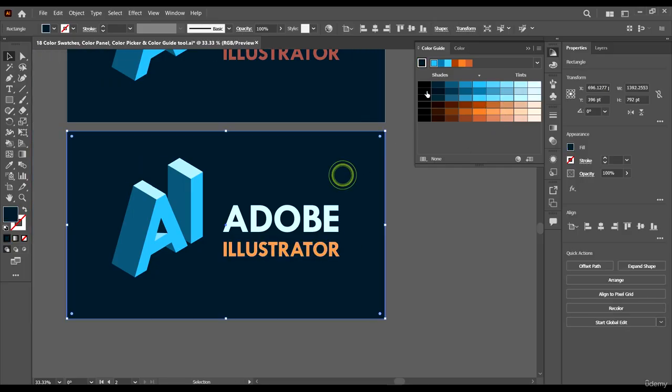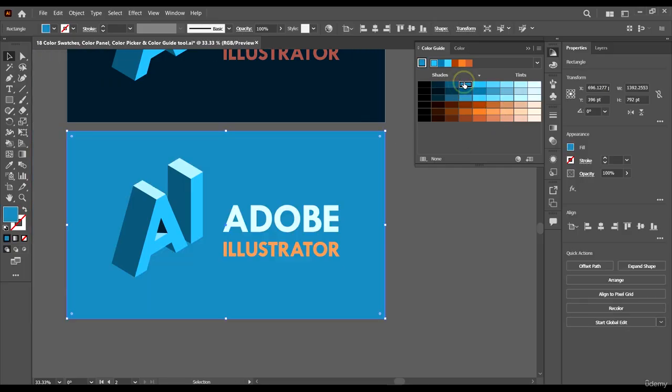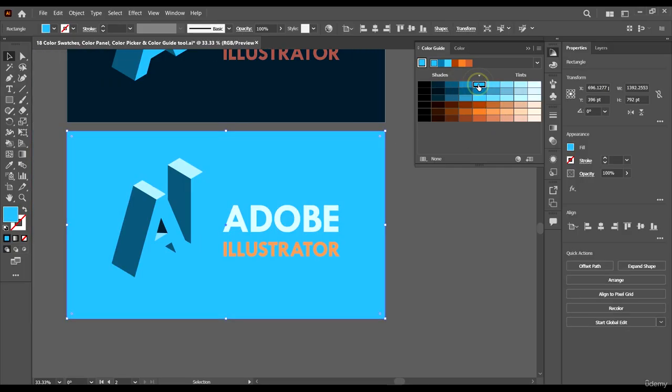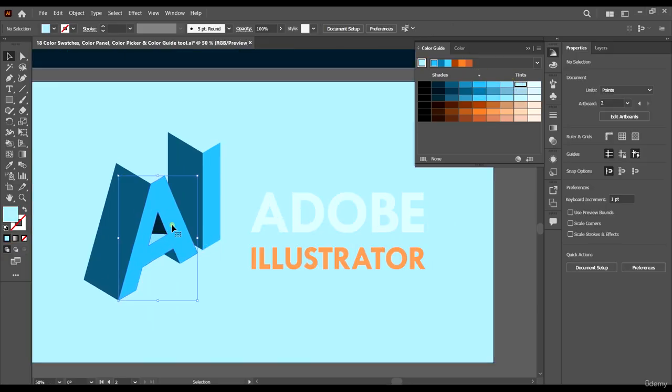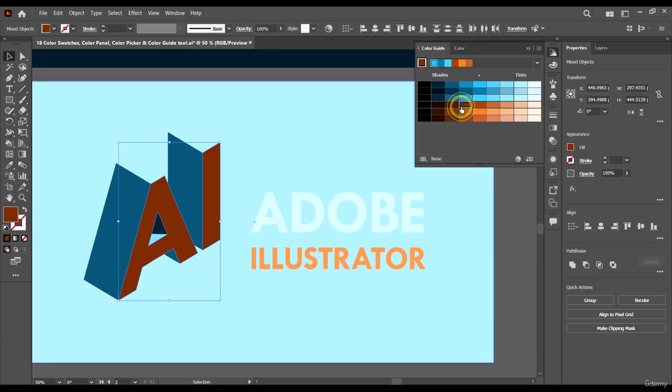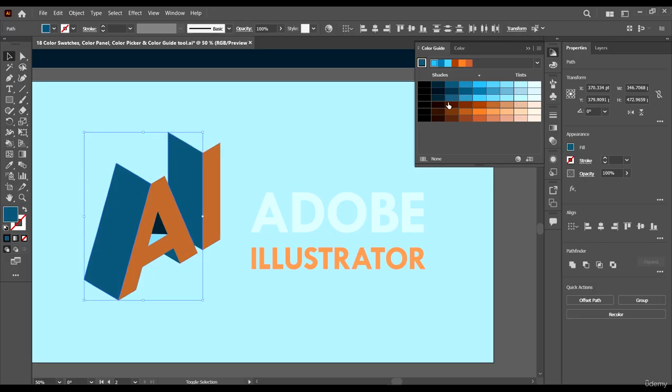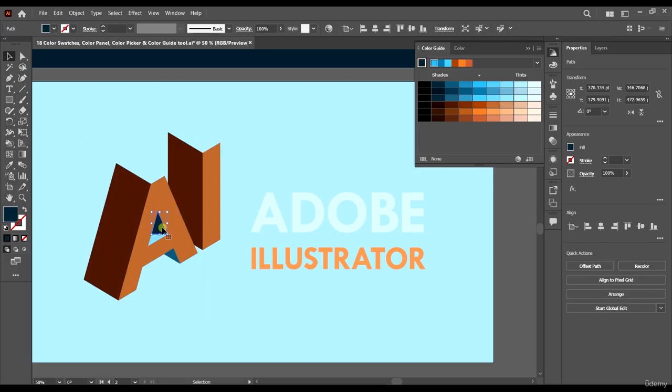In fact, we can completely change the look of this design. We can make these like this, kind of like this. Then we can make these darker, make this one way darker.